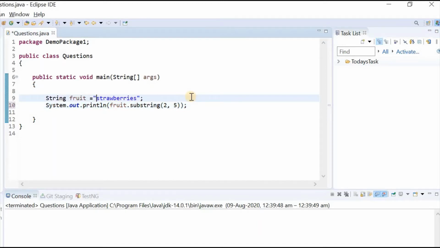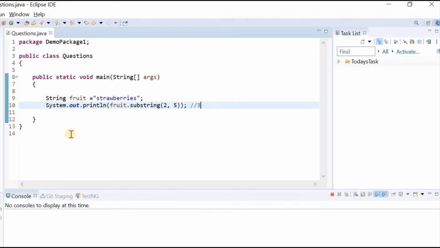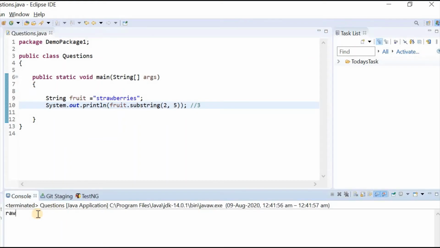The JVM will start from 0, then go to 1, then 2, 3 and 4. This means it will only print 3 letters from this particular string. So let us execute and check. And yes, we got raw as the output.